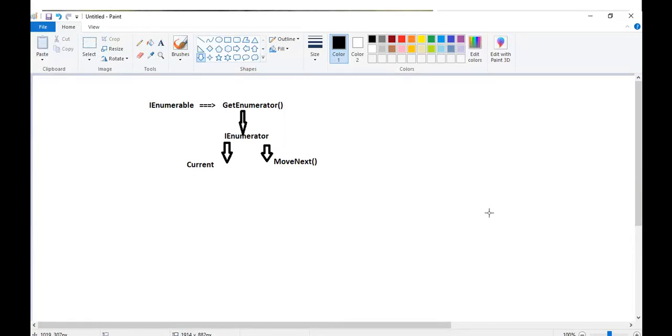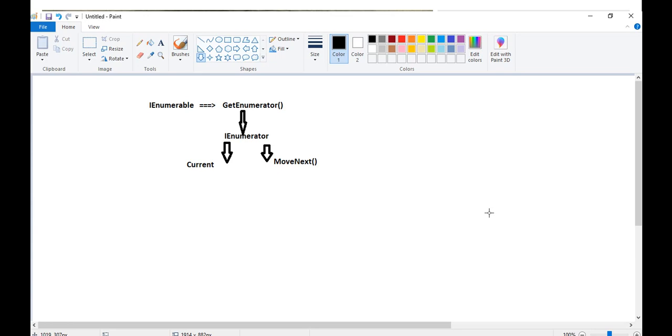So to do a simple iteration over the collection, first the IEnumerable interface needs to know the boundary, the last index. So GetEnumerator will decide the last index, or the last element, and then for each element from the first element to the last element, the IEnumerator interface will be hired, and now the IEnumerator interface will take care of iteration.